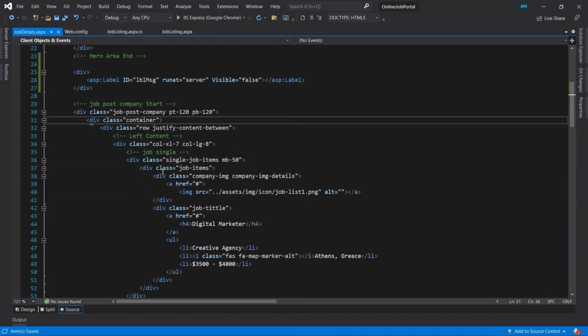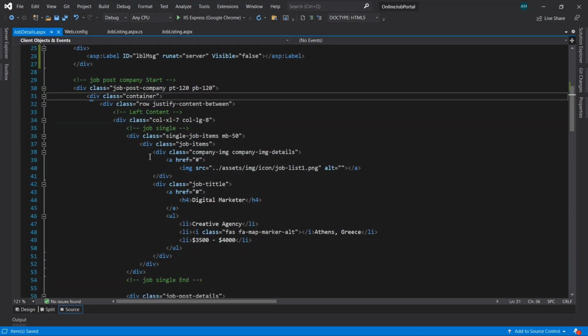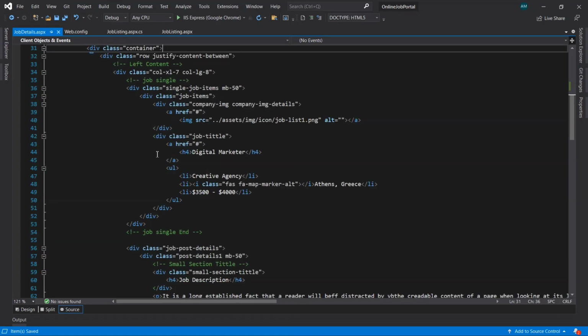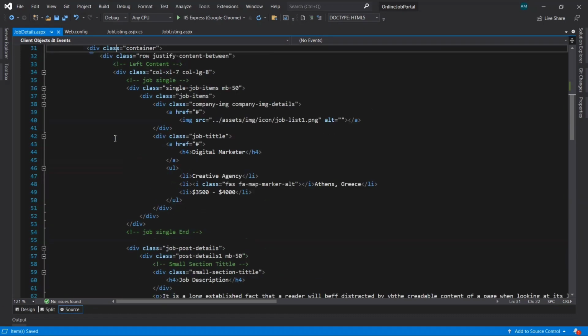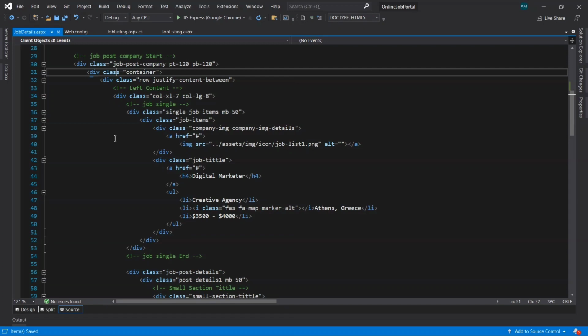Now here the job post company starts. So here the details of the company of the job display. The code for that starts from here. For displaying the details of the job we are going to take a data list control. The actual content that we're going to use starts from here.